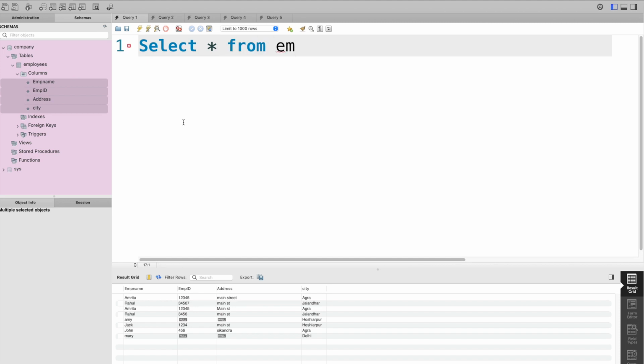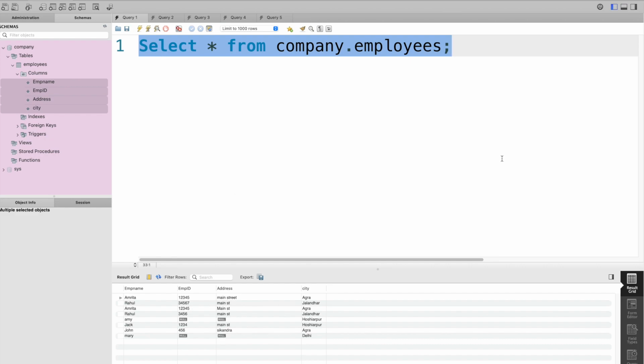The table name in this case is the employees table which exists in the database called company. So we need to write company dot employees. If we run this query, then it should select all the columns automatically because we have given star here. So let's run the query and see the output.